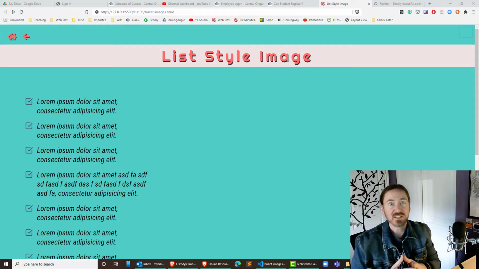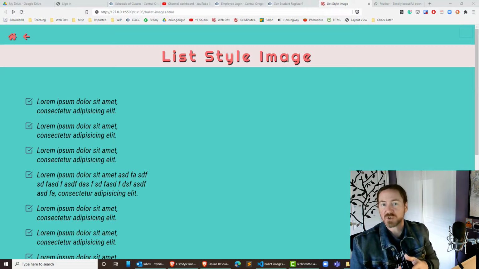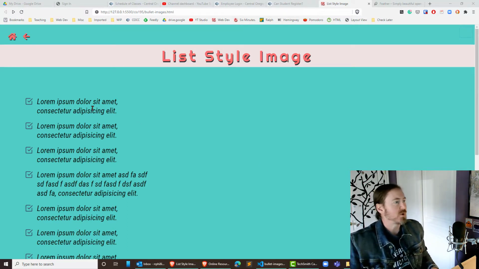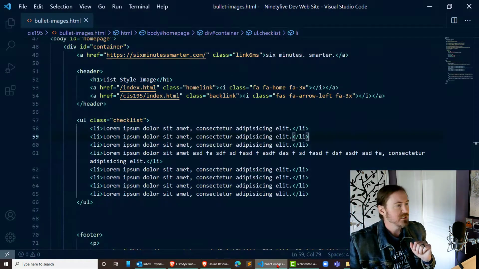Hey, this is Ralph, and in this video I want to use the download attribute within my anchor element to automatically trigger the Save As dialog box for a web visitor. So I recently made a web page where I was using this little check mark. Now let's say somebody was looking at this page and I wanted to easily make it available for them to download. Well, I just jump over to my markup here,